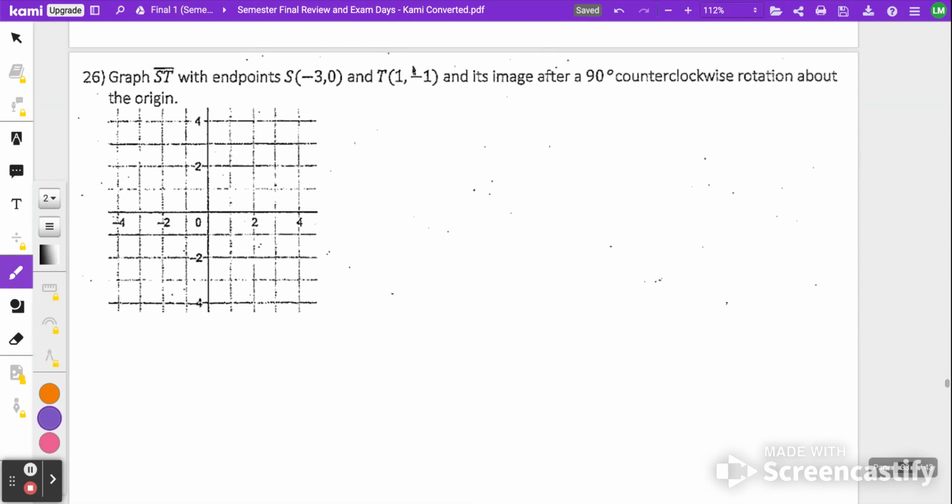The next one we're going to do is graph a line called ST, and then we're going to rotate it 90 degrees counterclockwise about the origin. So ST is going to start off at -3, 0. So here's S, and here is T. Okay. Now, when you do 90 degrees counterclockwise,